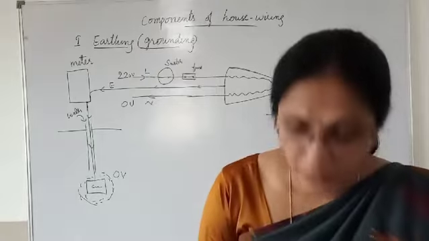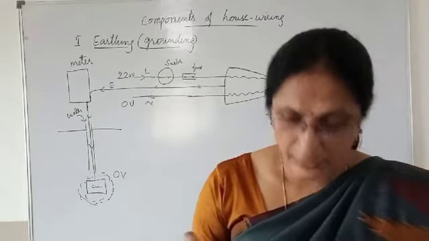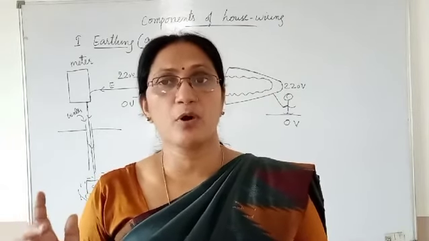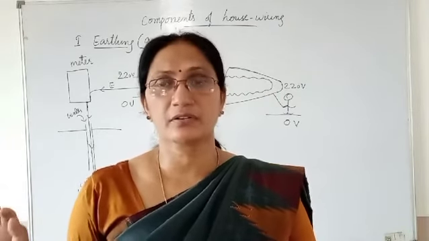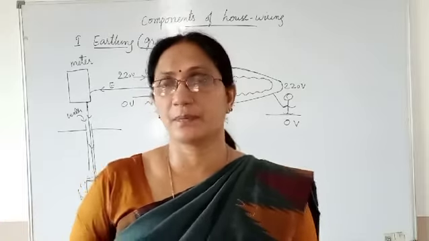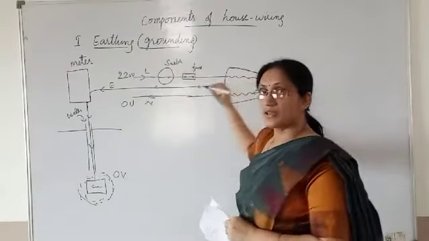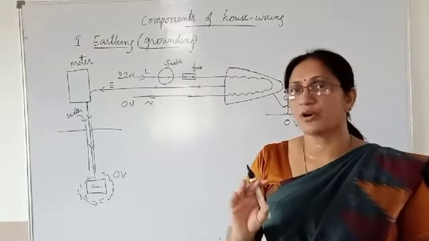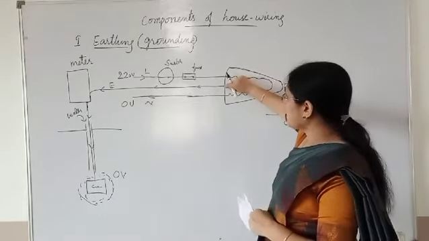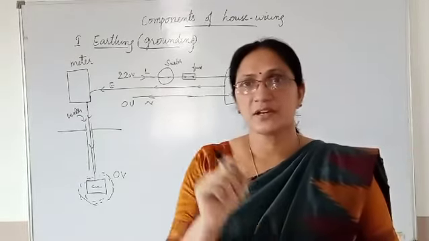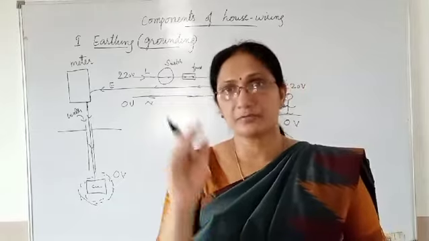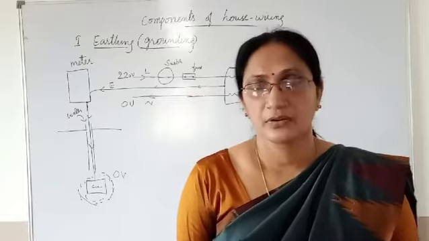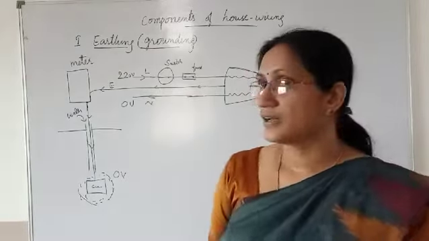Another point in the MCQ on page number 199, fourth question: earth wire is connected to the dash. Four options are given, and the correct answer they have written is body of the appliance. You will not get the mark for that answer; it should be the metallic body of the appliance. Earthing connection should be given on the metallic body of the appliance. If the appliance has some polish or varnish, you have to remove the polish or paint from a small area. Then on that metal body, after removing the paint, you have to give the earthing connection. Okay, that's all about electrical components.